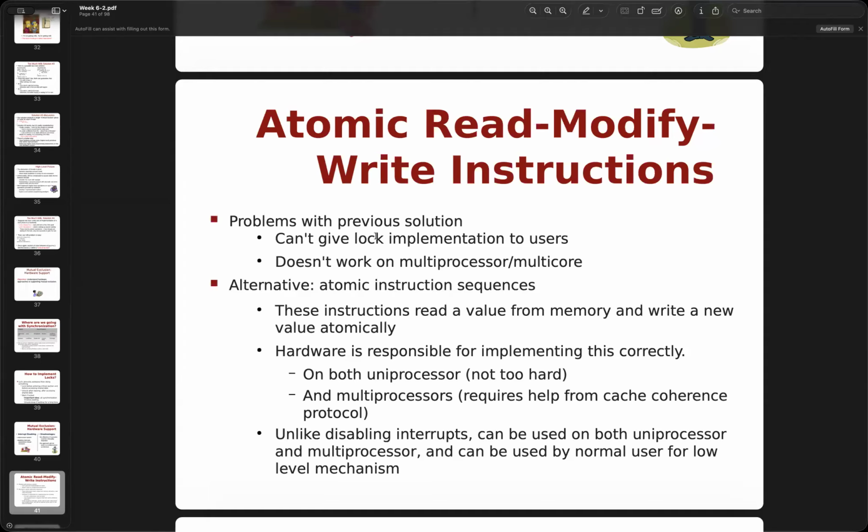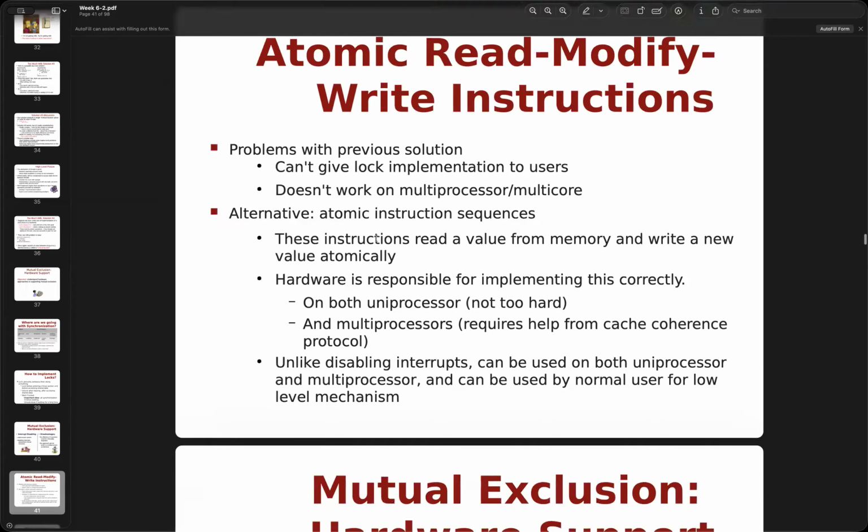So this can be used on both a uniprocessor and a multiprocessor. We make sure all the processors enter the read and then the write, so it's an atomic operation. Also it can be used by a normal user as a low-level mechanism, so it is better. We just cannot give the lock implementation itself to the user.